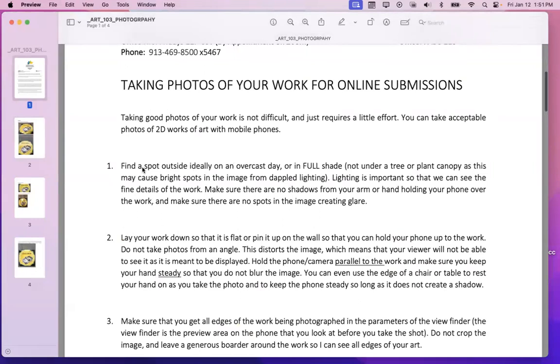So you want to find a spot outside. Well, ideally, this is how you would do it. You find a spot outside, ideally on an overcast day, because in direct sunlight, it gets really intense, and it's not good. You want to do it either in full shade or on an overcast day. Overcast day is best, but if you don't have an overcast day, you just go into full shade,